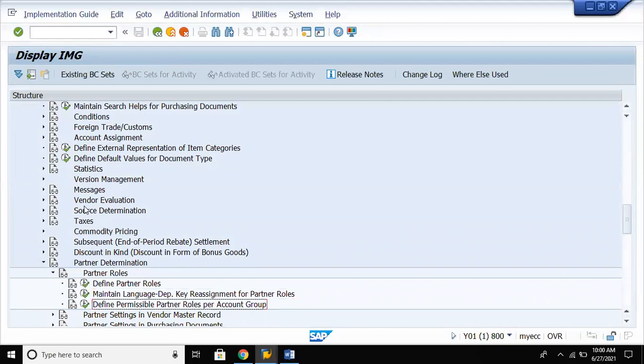So here you are going to create the permissible partner roles for account groups.